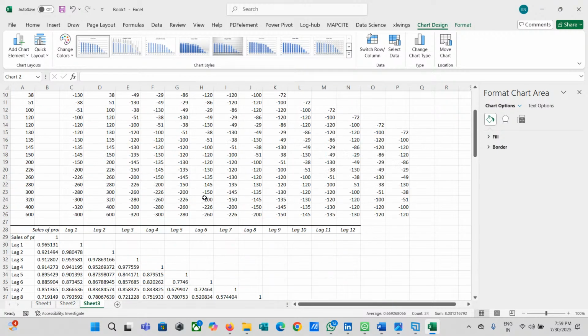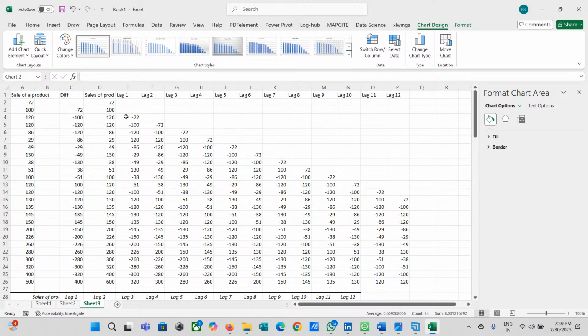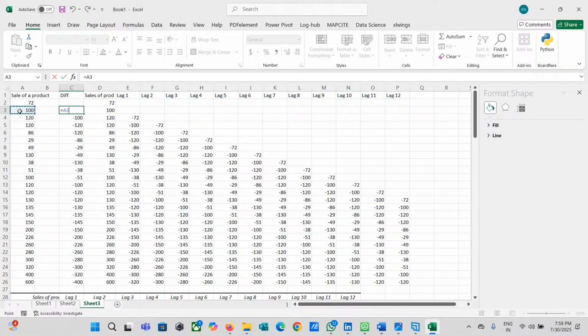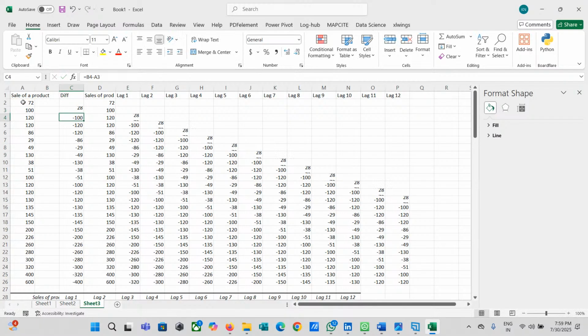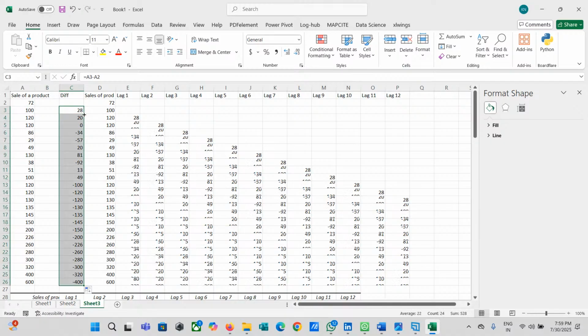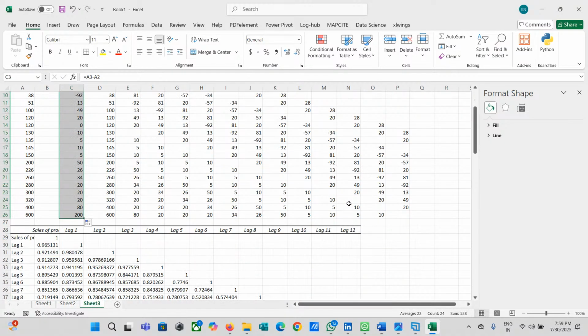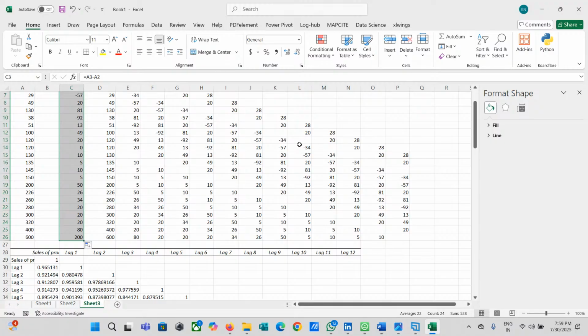It's very strange that it is showing a strong correlation here. So what we have to do now, let us see if this is right. 100 minus, the difference is B3 minus... okay, not a problem here. So this is 100 minus 72. Okay, now it looks good. So now I'm going to paste from here.